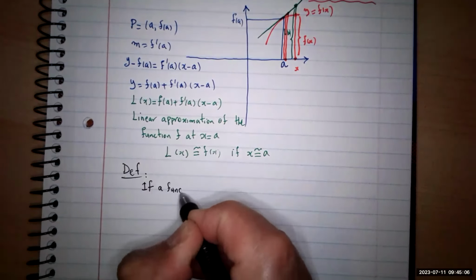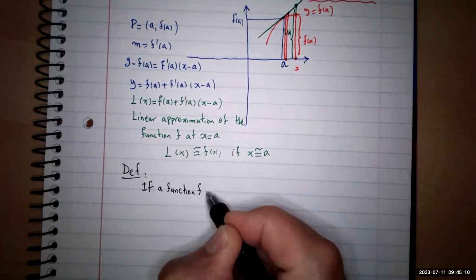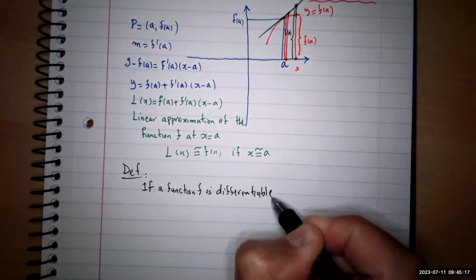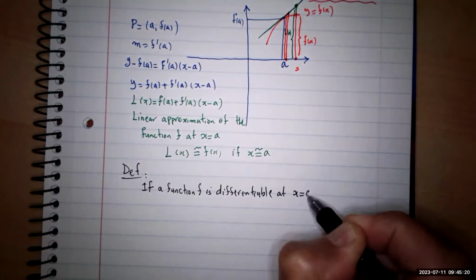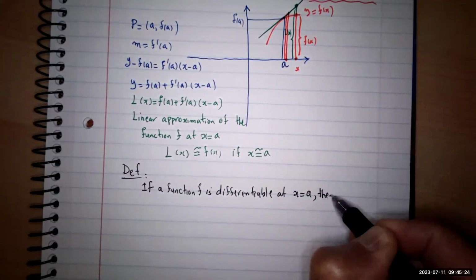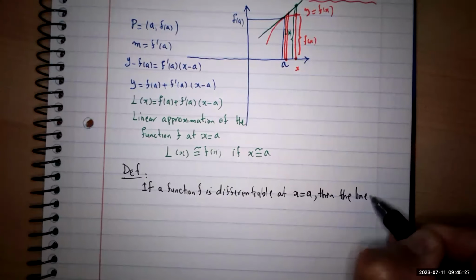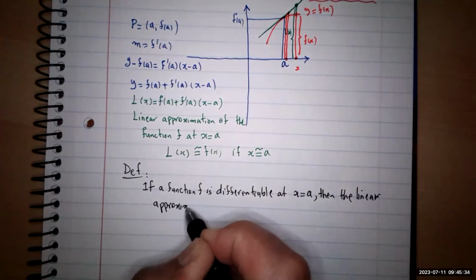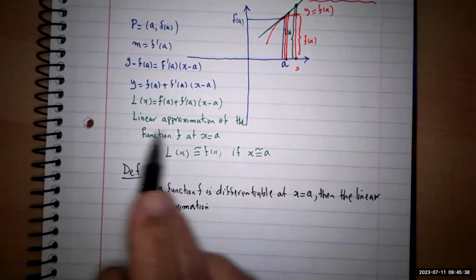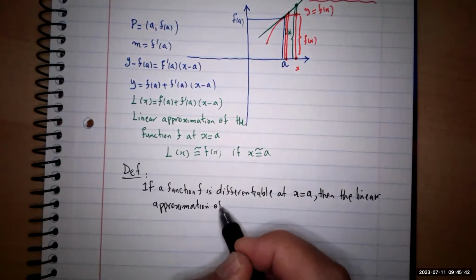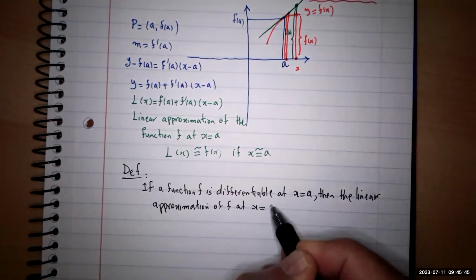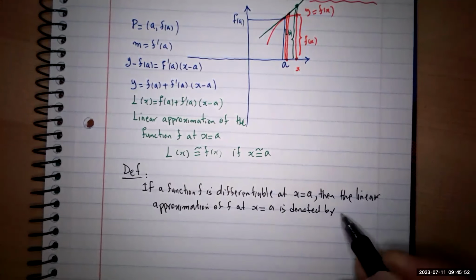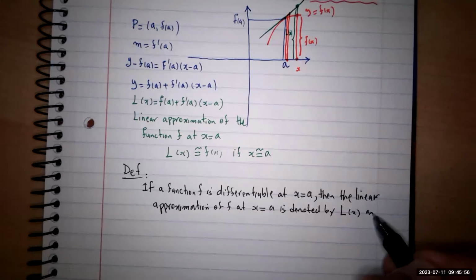If a function f is differentiable at x equal to a, then the linear approximation, or tangent line approximation, of f at x equal to a is going to be denoted by L of x, linear of x, and is defined